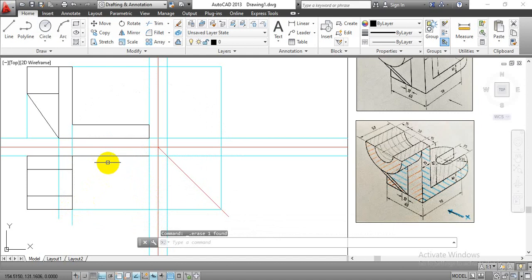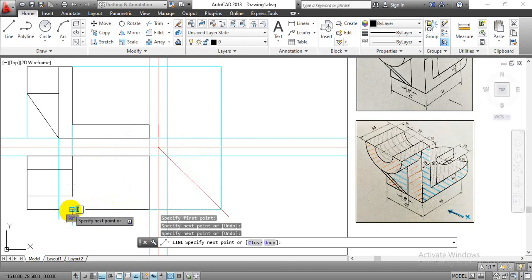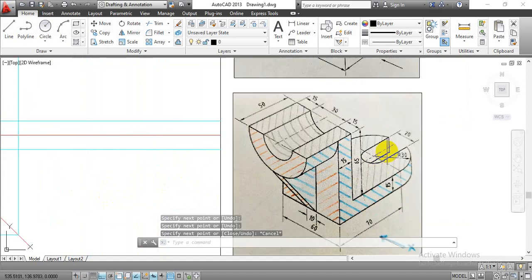Just delete this. Select the line command, complete this projection. Again this line. Okay, so by this we have completed rectangle for this surface, but we have curve over there to which we